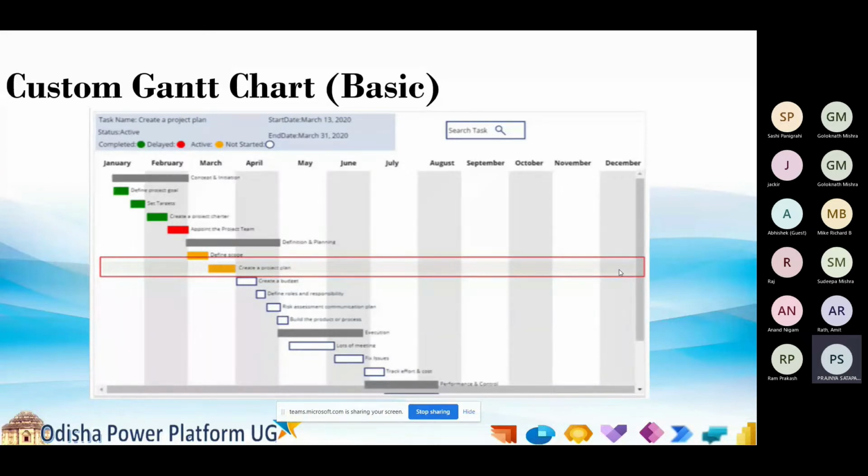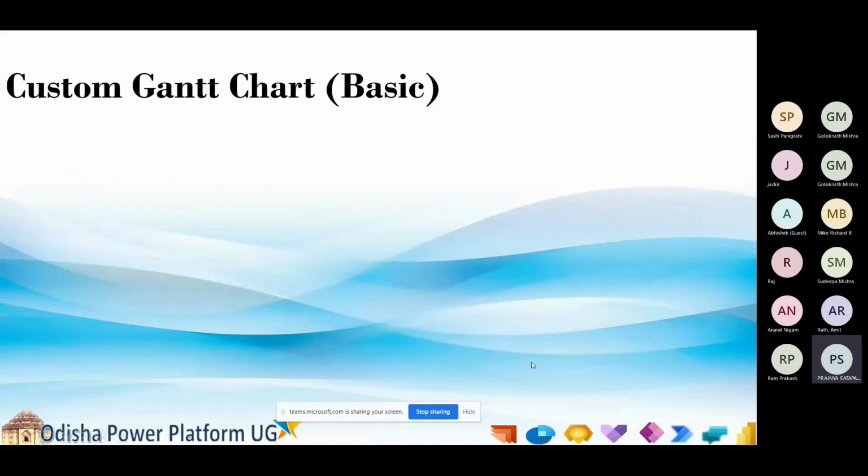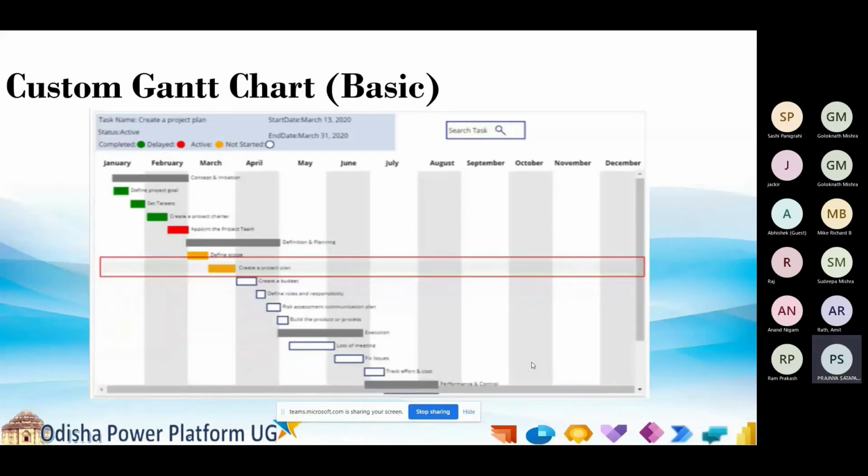But if our project starts in August and ends next year in May, how can we place those projects inside this? So there is a concern, and also this horizontal gallery is not scrollable, so you cannot see all the tasks at a time.